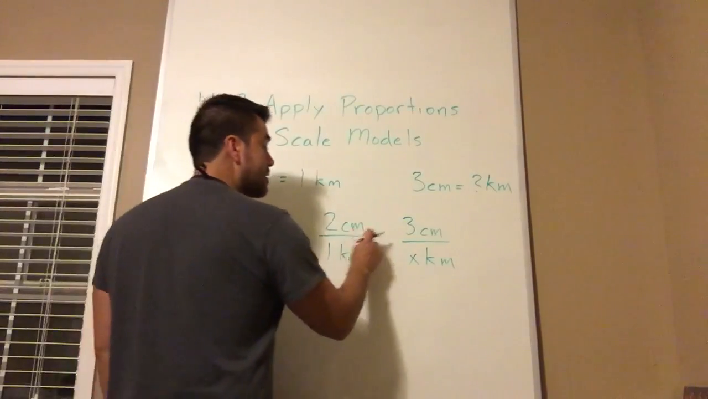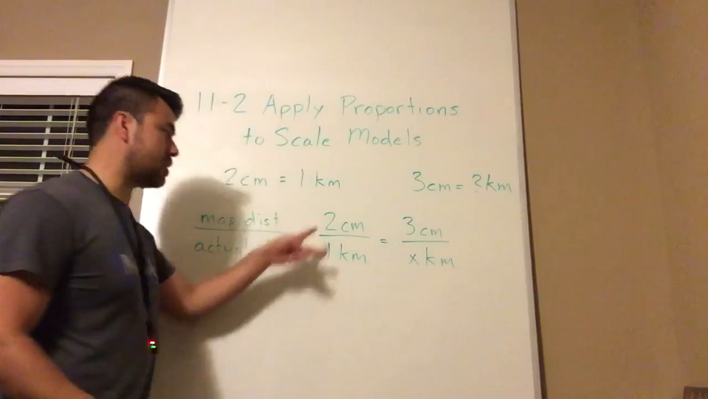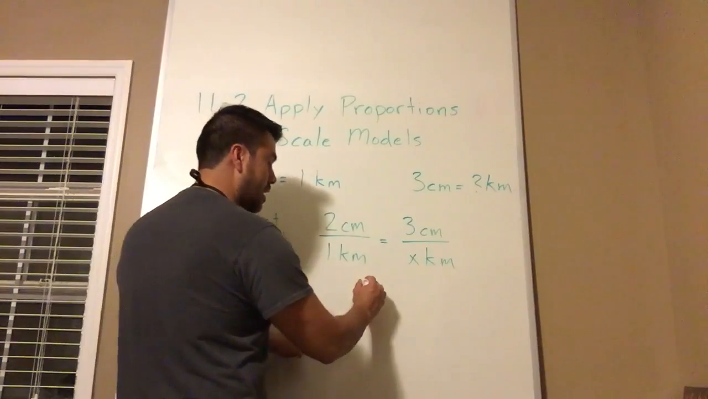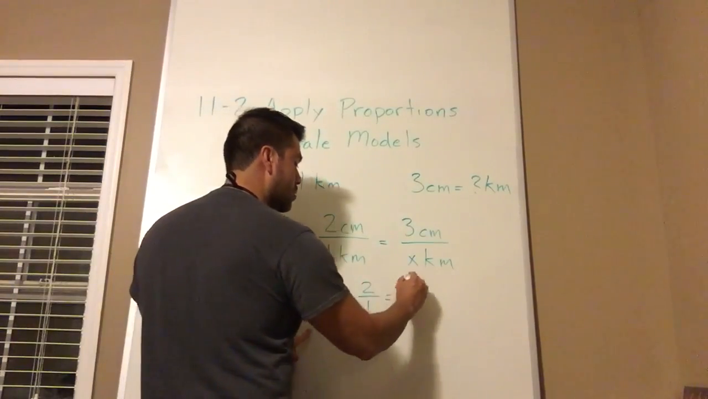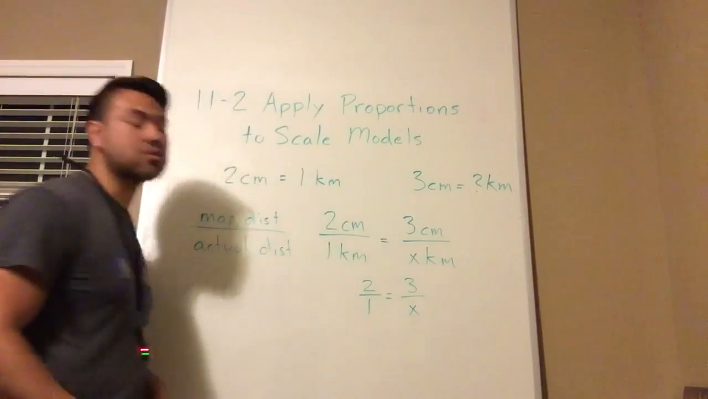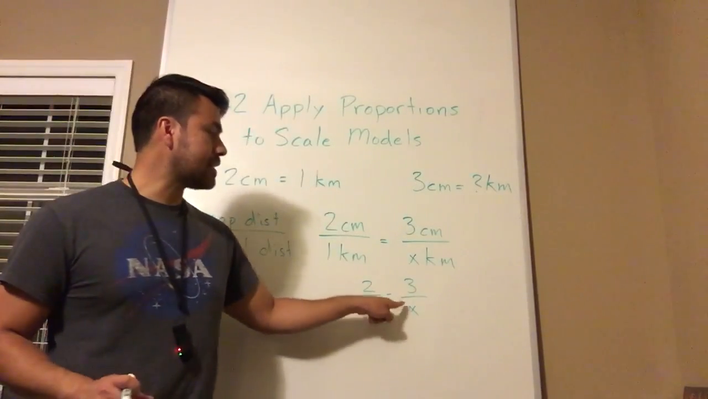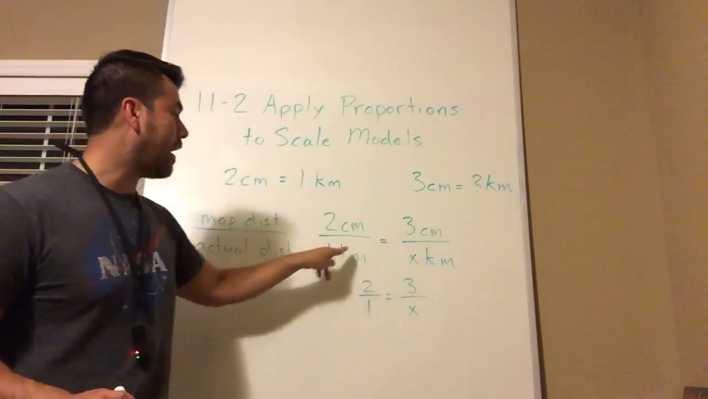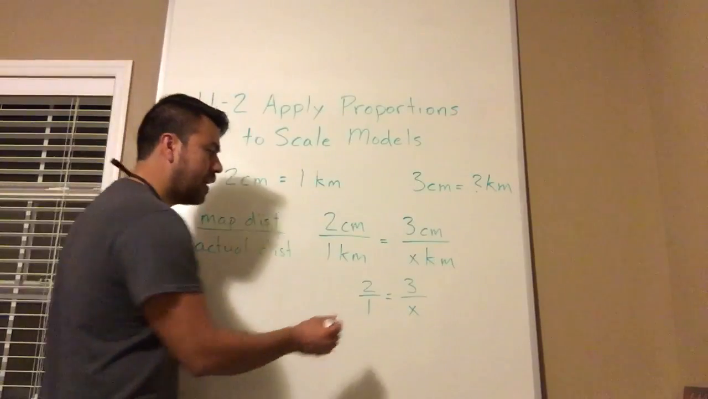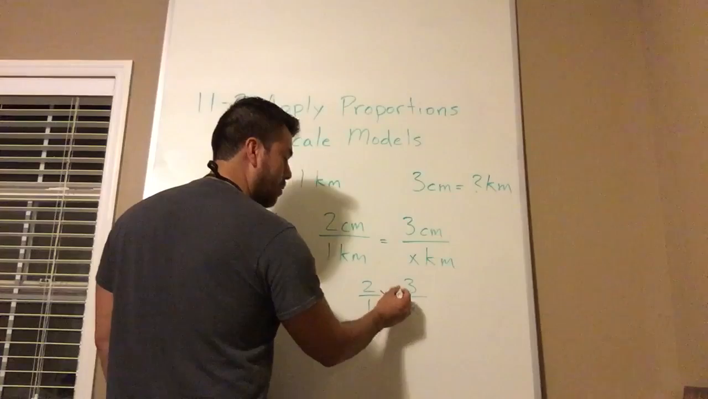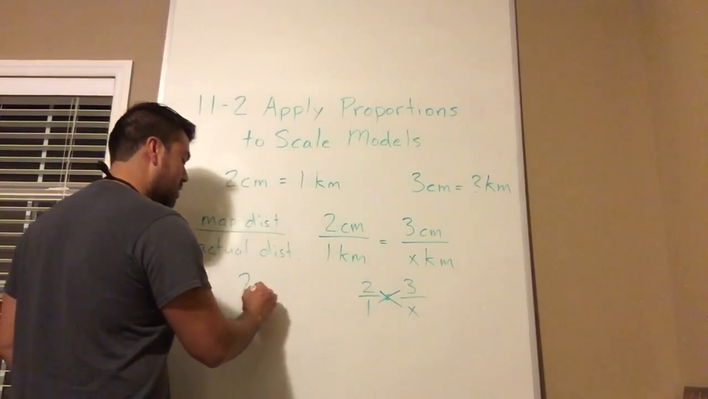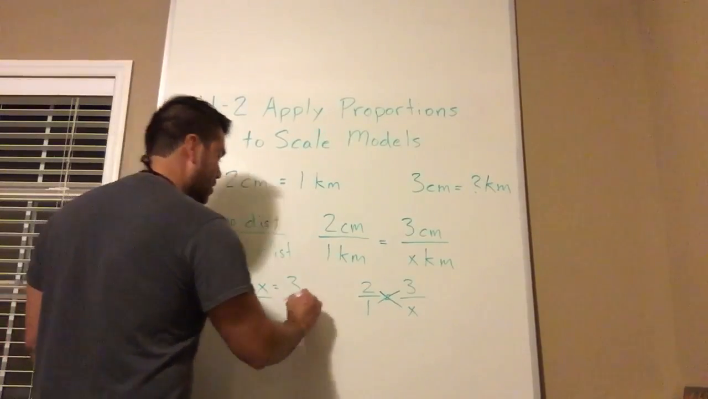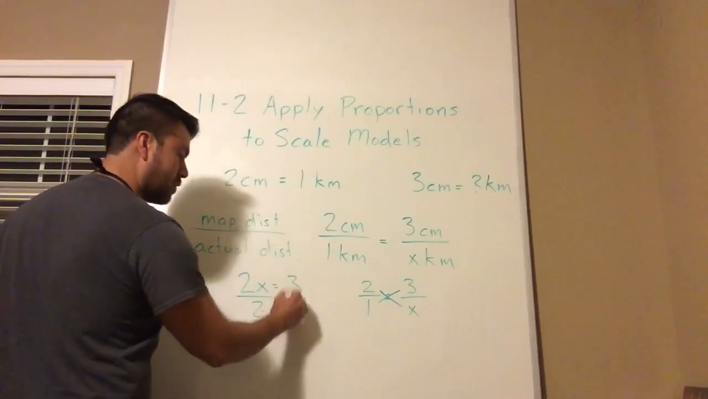These two, if they are to scale, form a proportion. So really my math problem is 2 over 1 equals 3 over what? That's what I'm trying to find in this problem. What is that value for X? It's because I'm comparing the map distances together and the actual distances together. So how do you solve a proportion? I hope you remember you cross multiply. So what's 2 times X and what's 3 times 1? Divide both sides by 2 and you end up with X equals, if I simplify that,